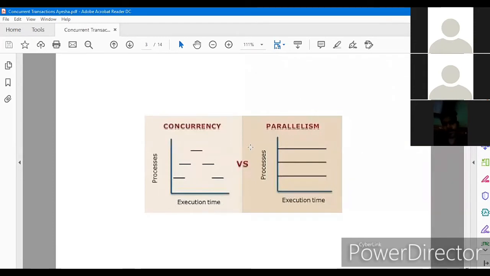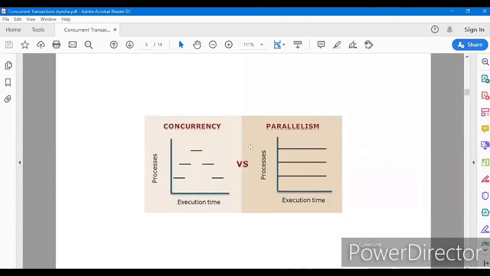In distributed systems, there can be multiple processors used to achieve one job. But in parallelism, multiple processors are used to do multiple jobs. In concurrency, one job is divided into subparts and they execute independently.